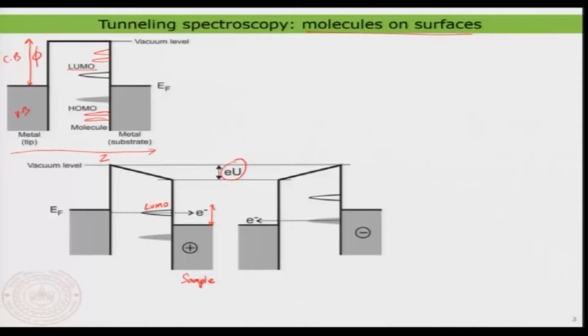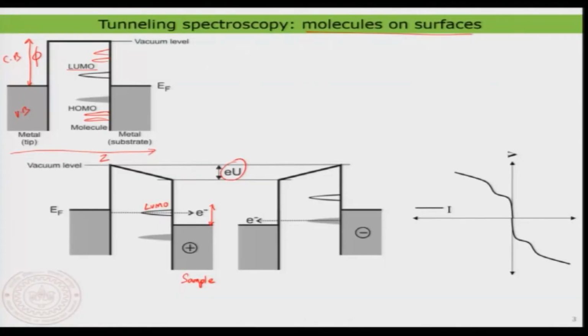And now, when you apply a negative bias on the sample, the opposite happens: electrons would tunnel through the HOMO of the molecule to the unfilled level of the tip. But now the interesting thing is that the tunneling electron is coming in resonance with the energy levels of the molecule. So by varying the voltage from positive to negative bias, I should be able to detect these resonances coming additionally from the molecule.